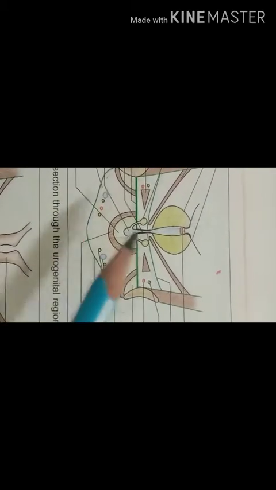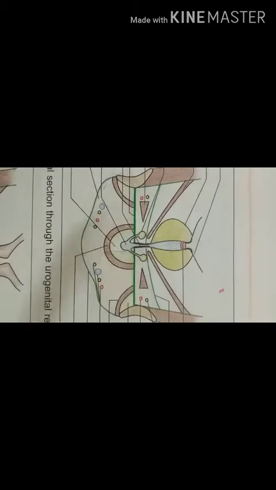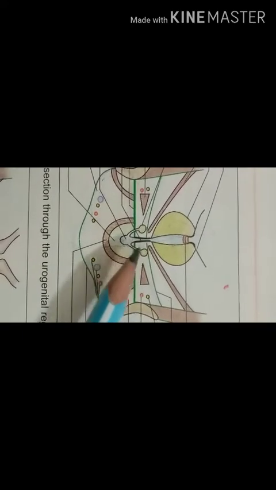Okay? Then the contents of the superficial perineal pouch and the deep perineal pouch are different in the male and the female. So firstly we should see the structures which are present in the deep perineal pouch in the male. So here in the male you can see the membranous urethra. This dark colored part of the urethra is called the membranous urethra.